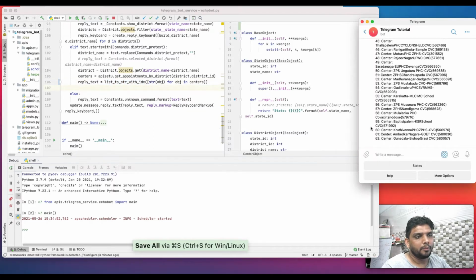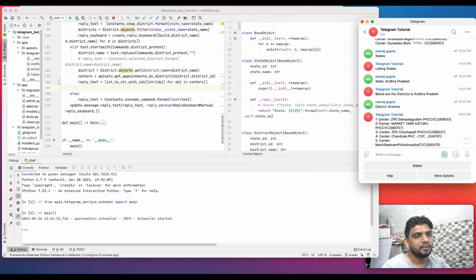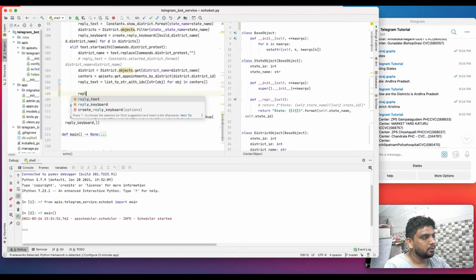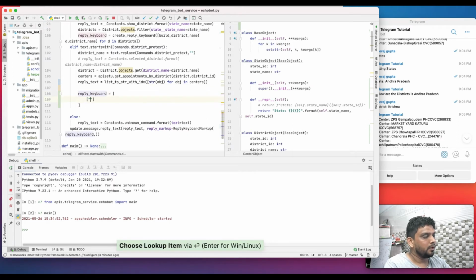Now when I print this, what I actually want to do is, instead of printing the center, ask the user for an option: whether he wants data for an 18 plus slot or a 45 plus slot.